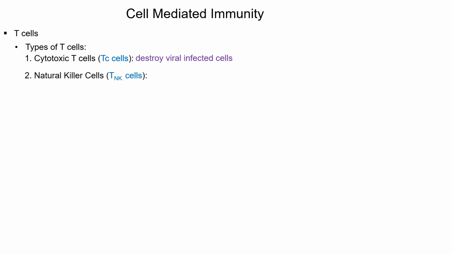The other T cell we see involved is called a natural killer cell, the T NK cells. These destroy cancer cells. Every day, you produce about 5 cancer cells when your cells are undergoing division. Because every time your cells divide, the first thing they do is replicate DNA. Every time DNA replicates, at least 5 mutations occur. Now, those 5 mutations often are what we refer to as nonsense mutations, meaning they don't do anything. They're not positive, they're not negative. They simply occur in the junk DNA and they don't have any effect. But every now and then one gets through that is negative.